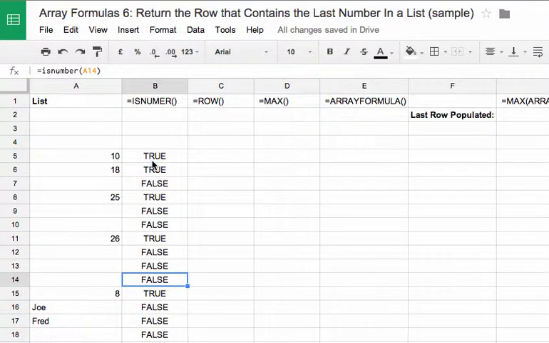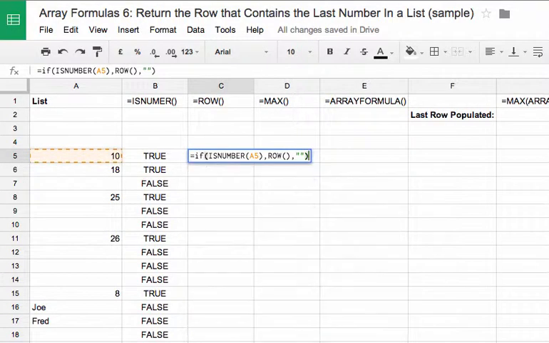The second issue is, we don't want to return true or false when it finds a number. We want to return the row number. So we can use an IF statement and the function ROW, because ROW returns the actual row reference of a cell. So we can do equals IF. So what this formula does: IF(ISNUMBER(A5), ROW(), ""). What that is doing, it says, well, if the value in A5 is a number, return the row reference,